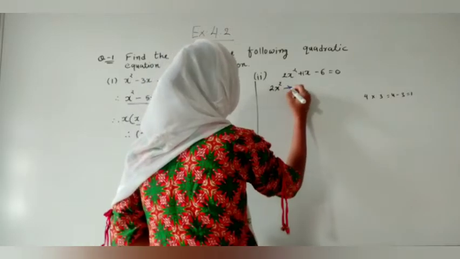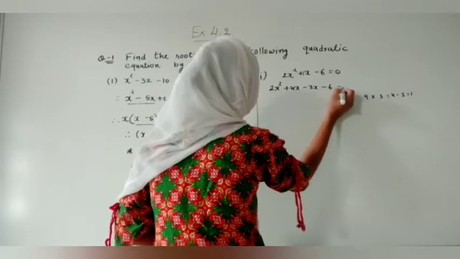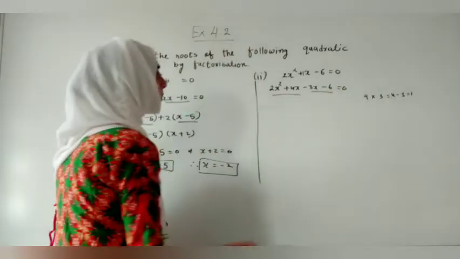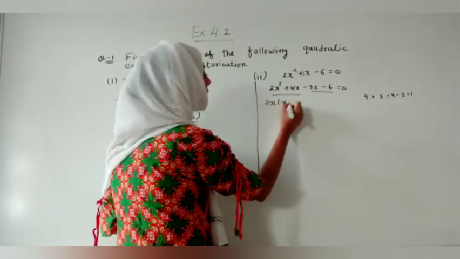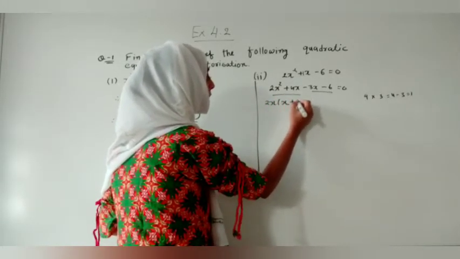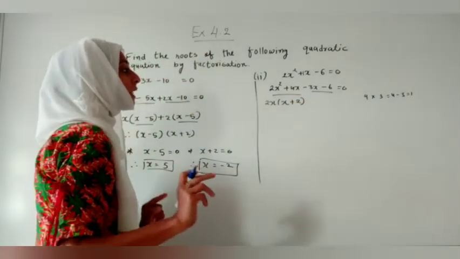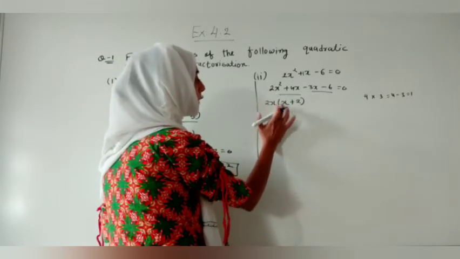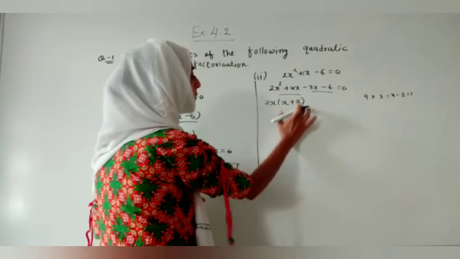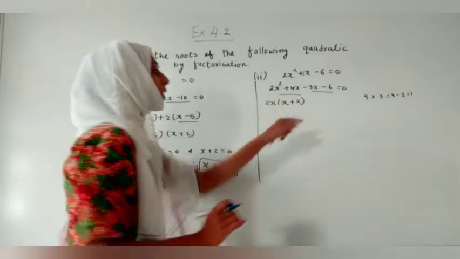So now in the place of this 4x we will write 2x square plus 4x minus 3x minus 6, and that is equal to 0. Now we will take common from it. In these two terms 2 and x are common, so we will take out 2x common. So x will remain over here and 2 we have taken common, so 2 will remain over here. One thing you have to check again and again. Let us recheck once. 2 into 2, 2 1s are 2, into x square, it is 2x square, and 2 2s are 4x, so it is 4x. Please check whether you did it correctly or not. You have taken the correct thing.